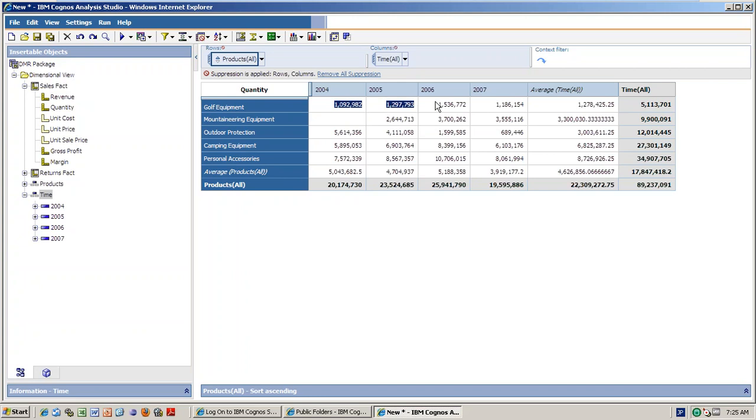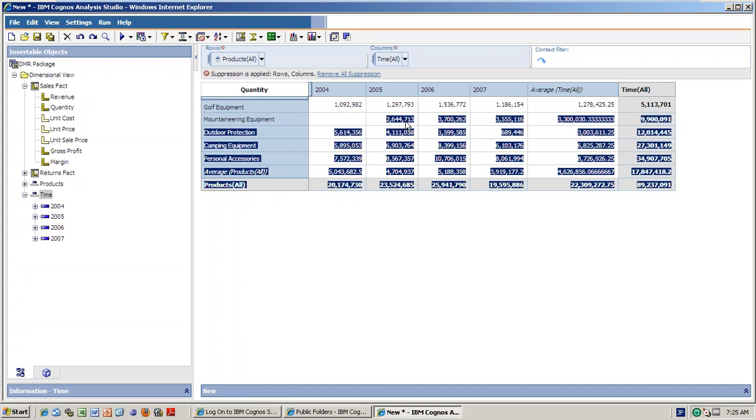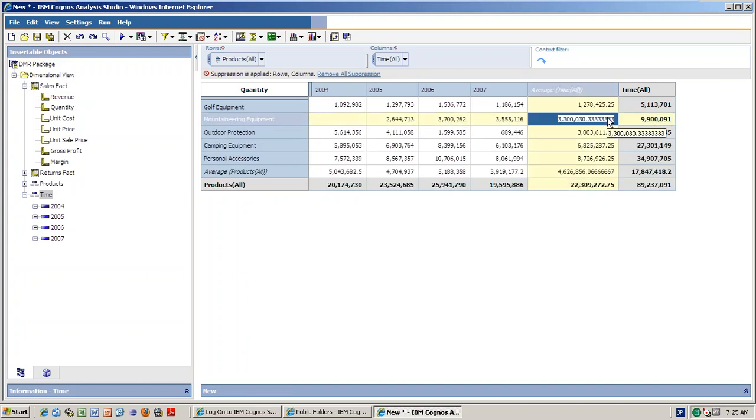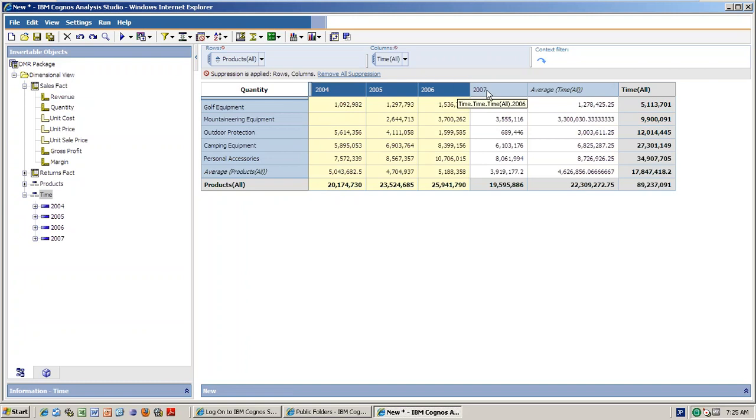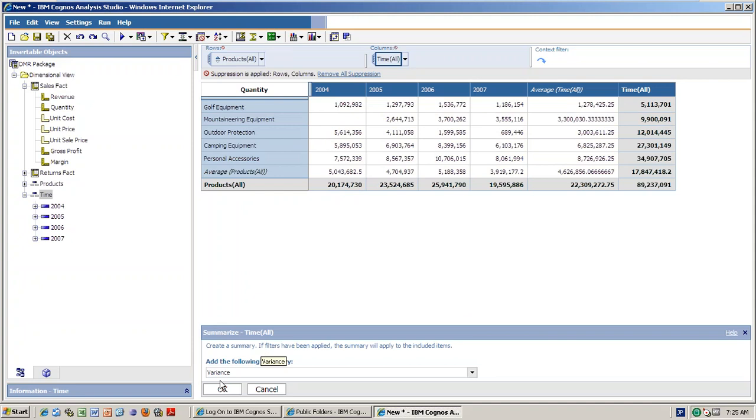What are the camping equipment values? For these 4 values, the average will be put here, and the overall value. Same thing for these 4 values and the overall value. So like this you can add average and anything whatever you want. This is 2004, 5, 6 and 7. If you go ahead here, you can see maximum, minimum, median, variance, all those things.